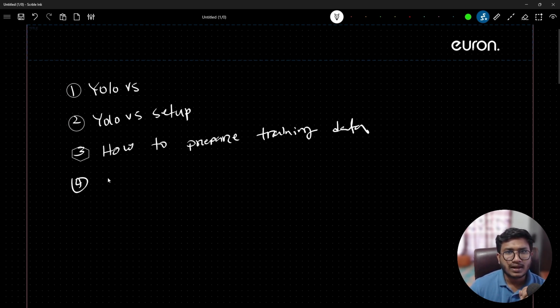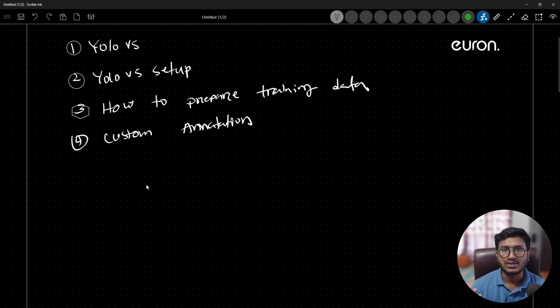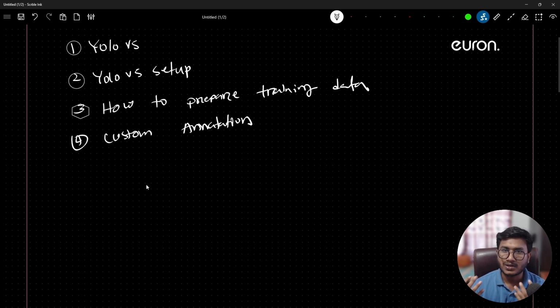Then after that, we'll be learning about custom annotation. So what is annotation? I'll discuss each and everything, because whenever you are performing any kind of object detection task, first of all, you have to perform the data annotation. That means you want to generate a label of your image, and that particular label with respect to the image you will be giving to the model. Your model will be learning about the object. So that is why custom annotation is very much required. And here I'm going to discuss some of the open source tools you can use for the annotation